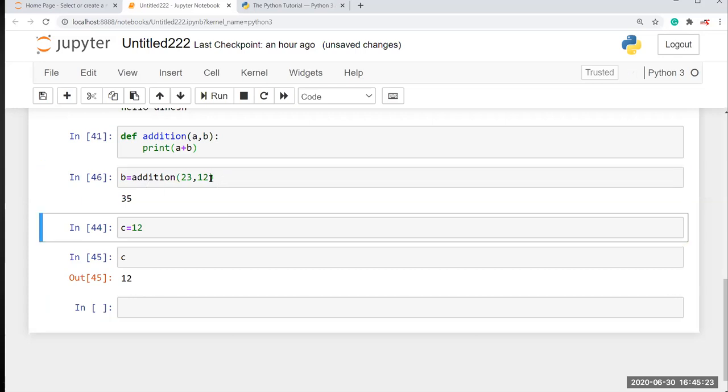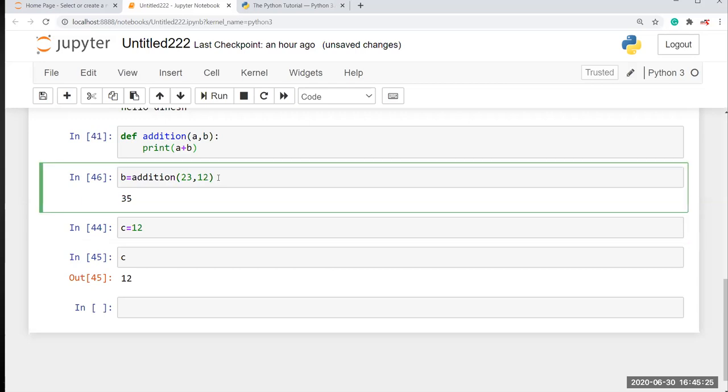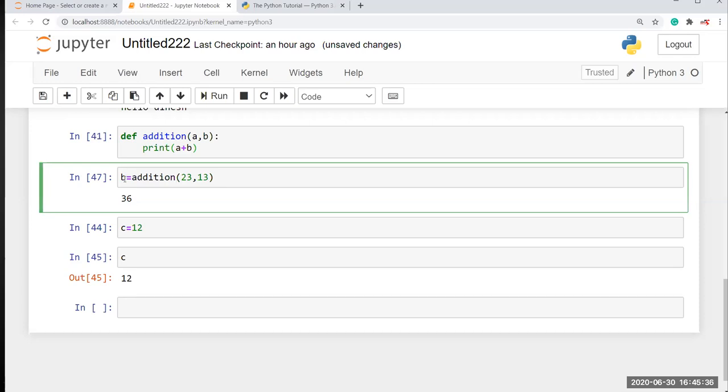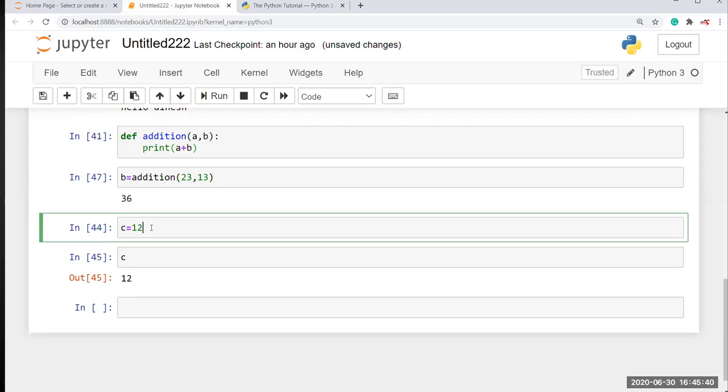Here I'm going to change this 23 instead of 13 instead of 12. So I check 36. It prints because it stores the value. But b has no value. If I check b, it has no value. So I'm going to check what is the type of b.